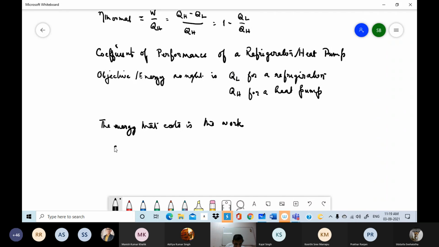So then, QH exceeds QL by an amount W. So this would be